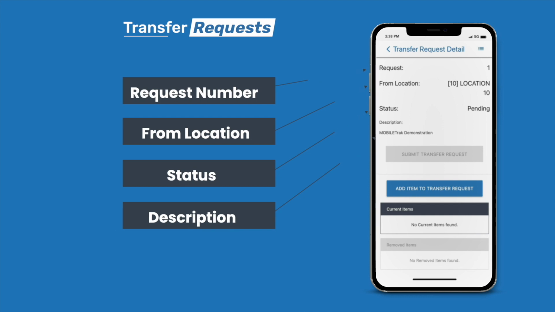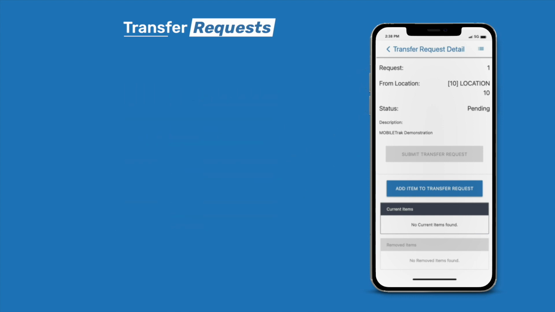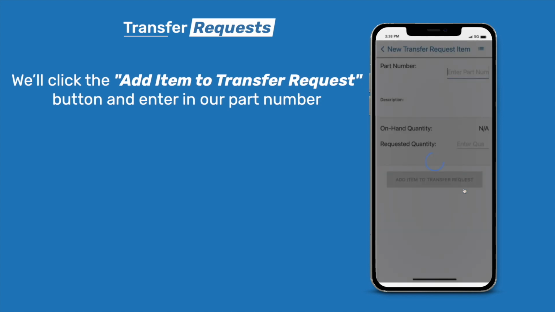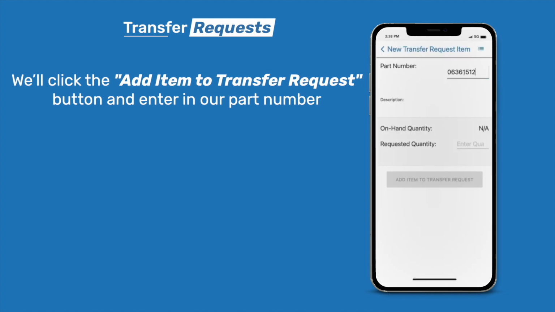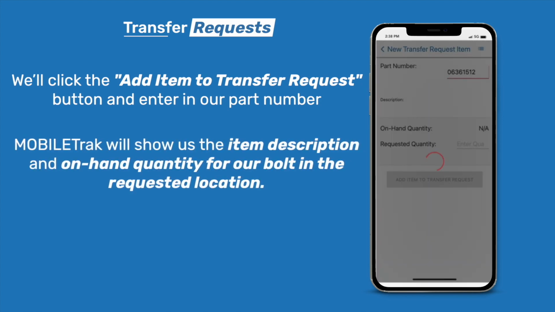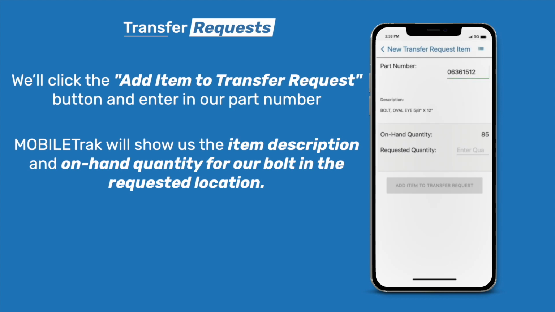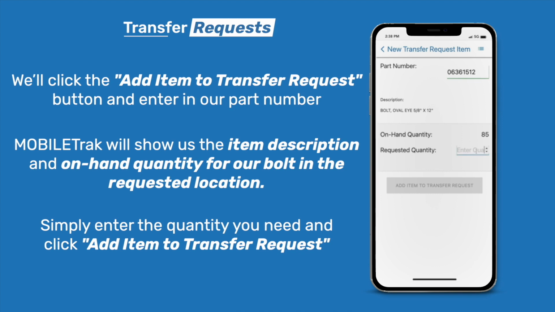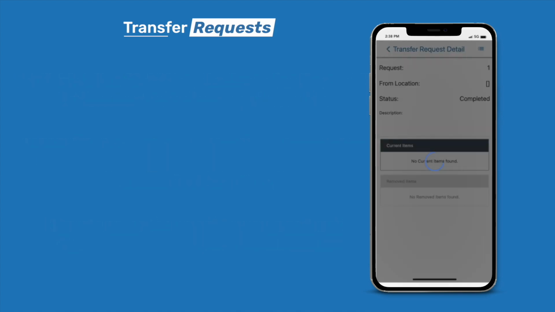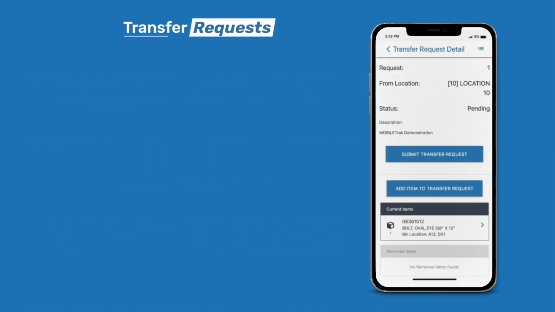Let's add our bolt to the request. We'll click the Add Item to Transfer Request button and enter in our part number. MOBILETrak will show us the item description and on-hand quantity for our bolt in the requested location. I'll enter in the quantity of one that I need and hit Add Item to Transfer Request. We'll be taken back to the transfer request detail screen, and we now see our bolt in the current items